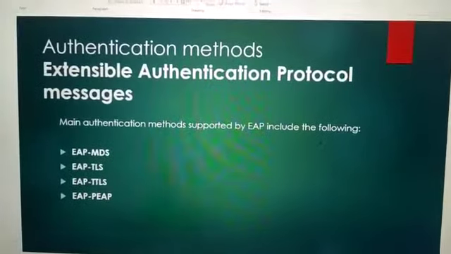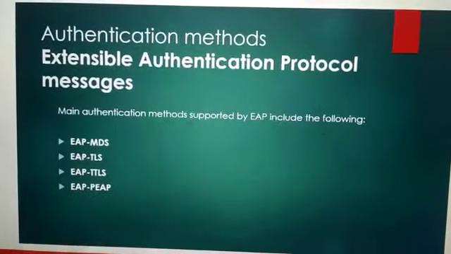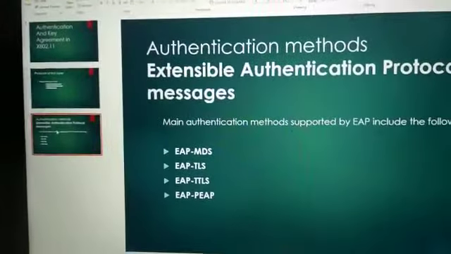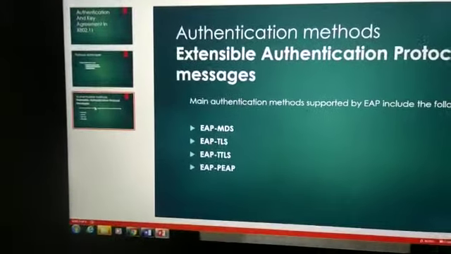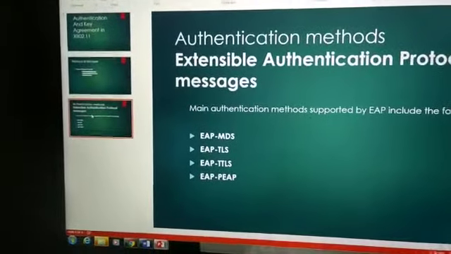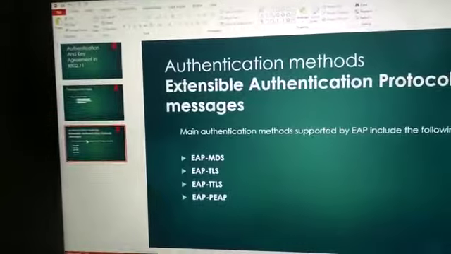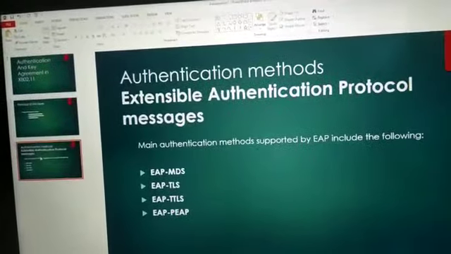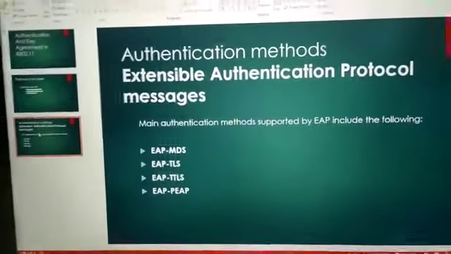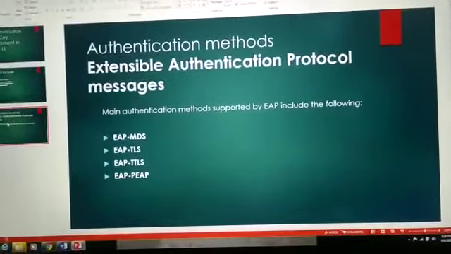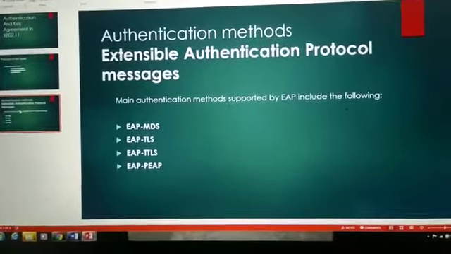The protocol that is used for authentication between the supplicant and the authenticator is EAP, the Extensible Authentication Protocol. It is always used between the station and the AP, the access point. The station is the supplicant and the access point is the authenticator. The protocol used for authentication between the access point and the authentication server depends upon the specification. EAP is used only between the first two entities.